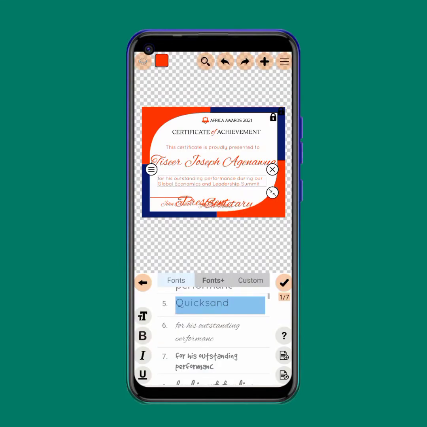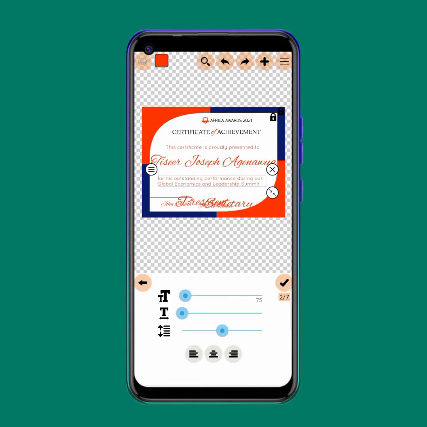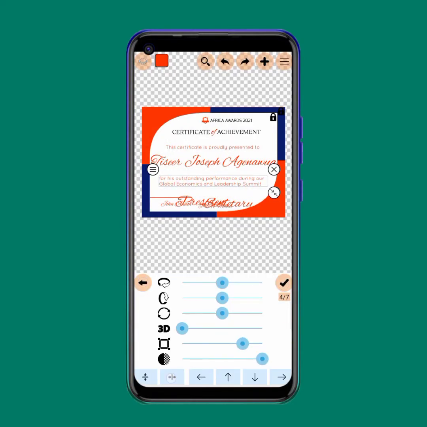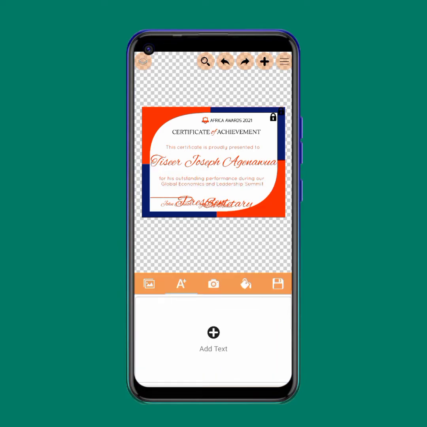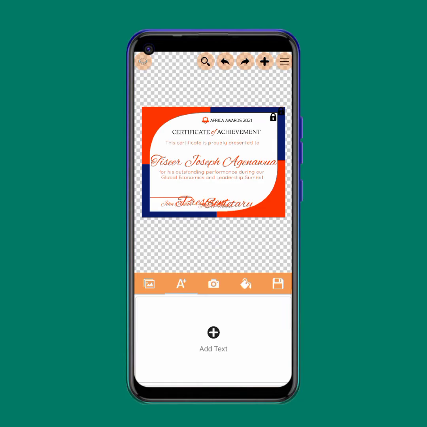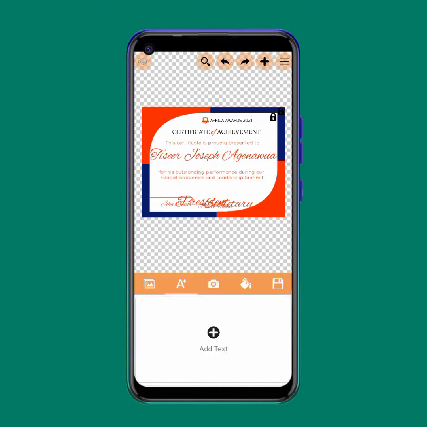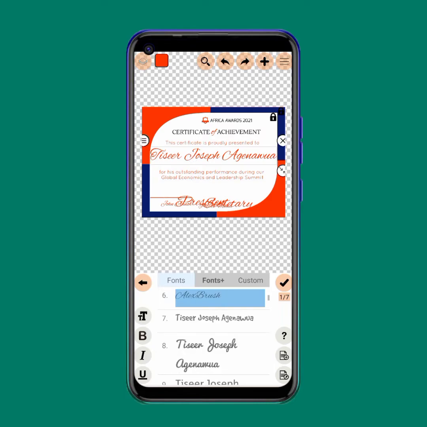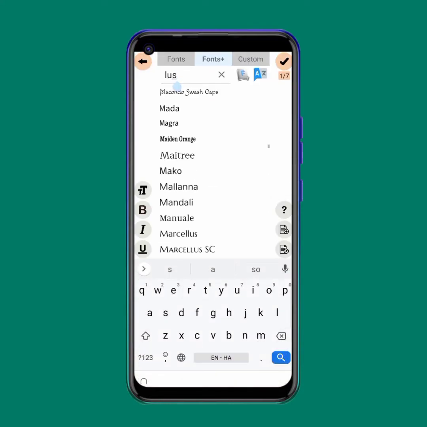Okay, so 75, and then we align it center. We come here, we align it center as well. So this, okay, this one, I think I'll change it. I'll say,